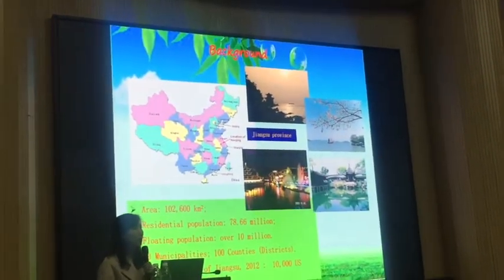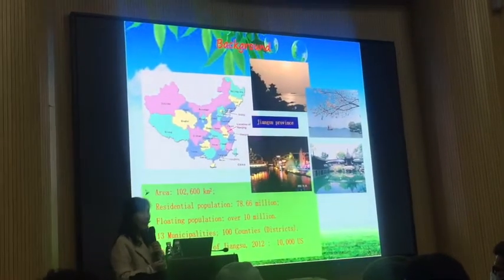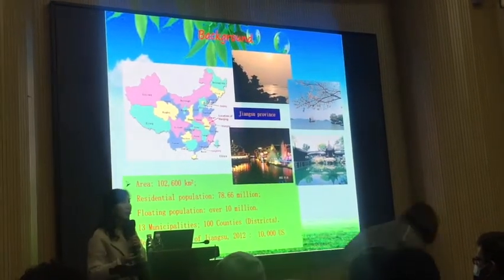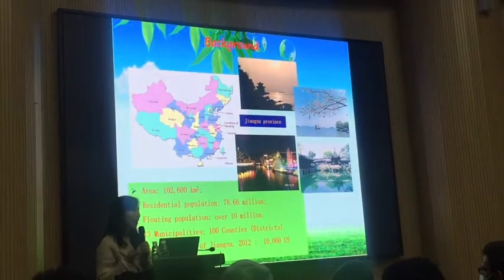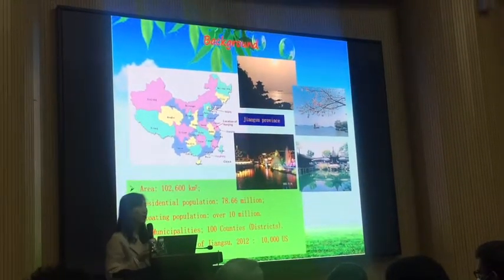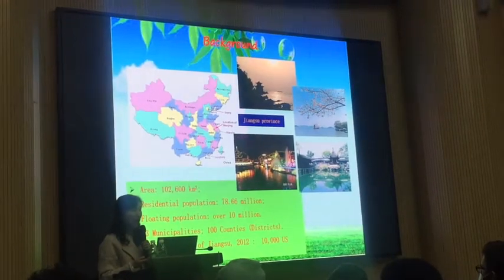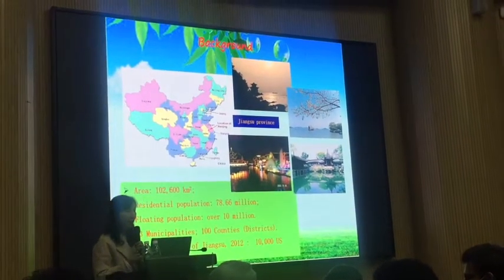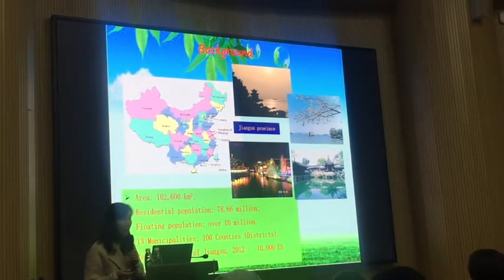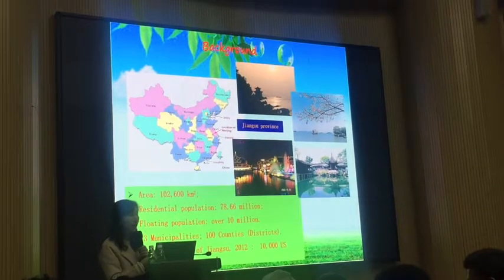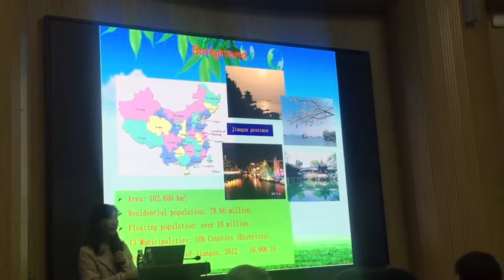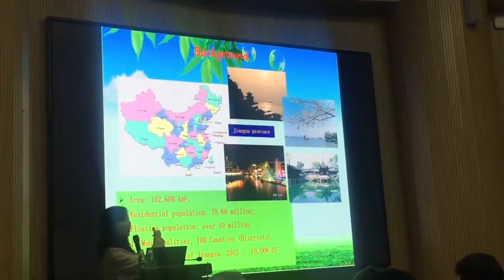I'd like to introduce something of Jiangsu province. Jiangsu province is located along the eastern China in the prosperous and beautiful Yangtze Delta. I think three figures can describe the situation of Jiangsu: 1% of area, 5% of population, and 10% of GDP in China. These are some pictures of some famous rivers in Jiangsu province.